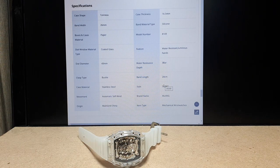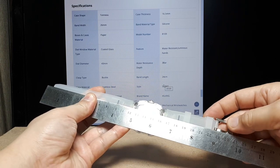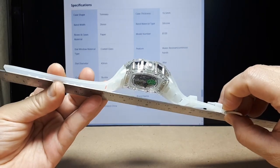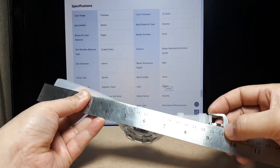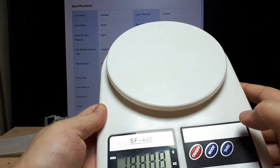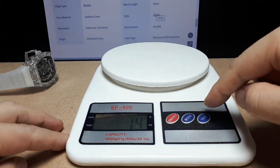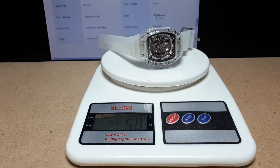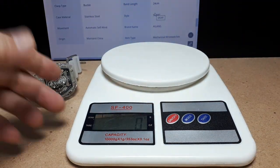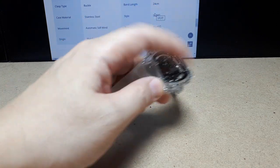24 centimeter band length. That I am a little curious about, because some people might have giant wrists. Yeah, I guess if I could get that strap totally flat, which I cannot, it's safe to say that is 24 centimeters. Maybe even longer. One thing I don't see is the weight. I kind of feel like that might be important for people to know. You know, how heavy something is on your wrist, right? So let's weigh this thing. This is in grams. It is 58 grams, this particular one. This is a plastic body, so they have metal cases, which would obviously weigh more. But I've never had a clear cased body, so...